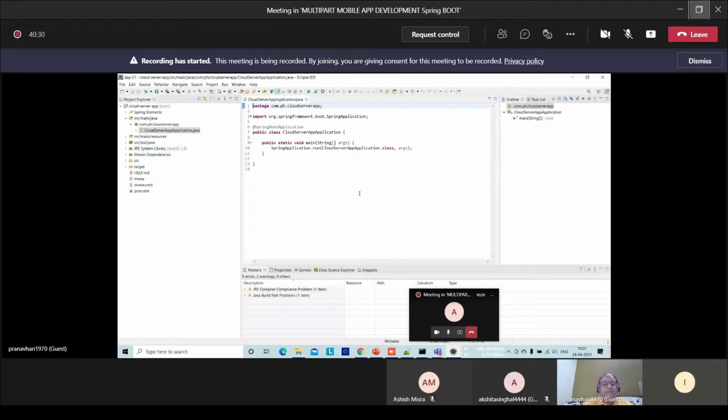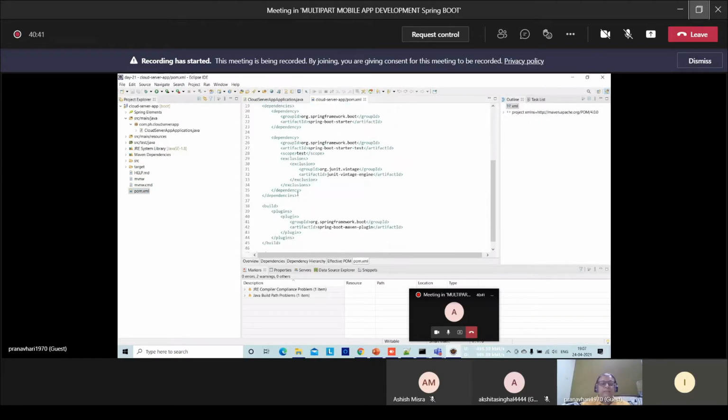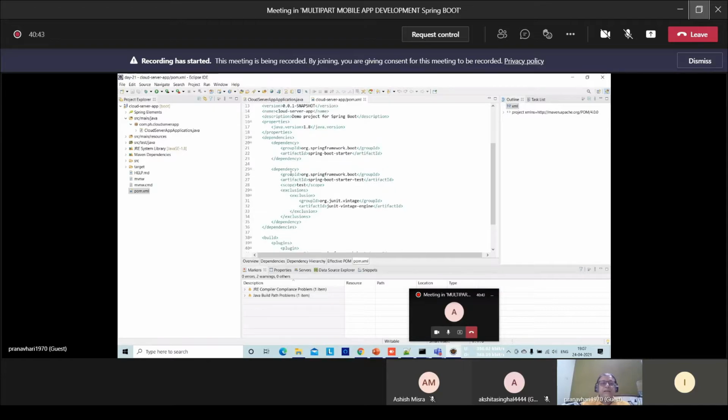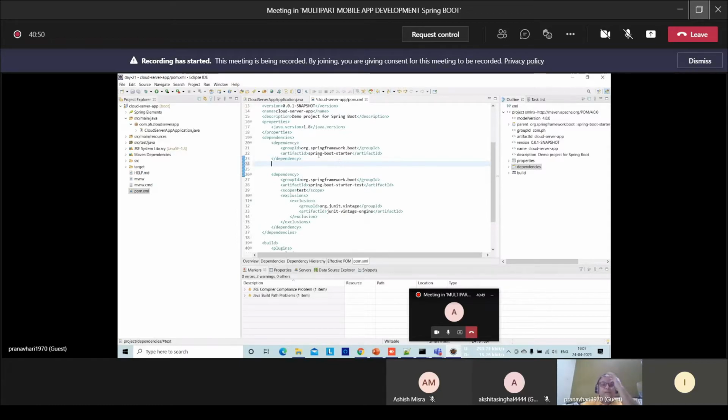Now, as I said, by mistake we forgot to add those dependencies. No issue. We will go to this pom file, and anytime we can add the dependencies. These Spring Boot starter dependencies, all the minimum dependencies a boot application needs, will be downloaded automatically.